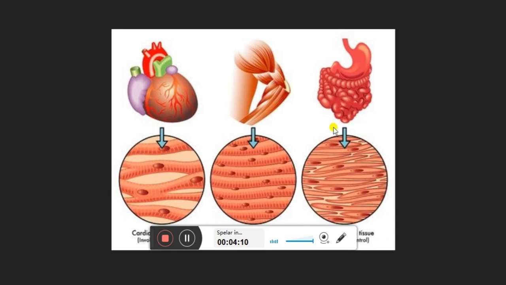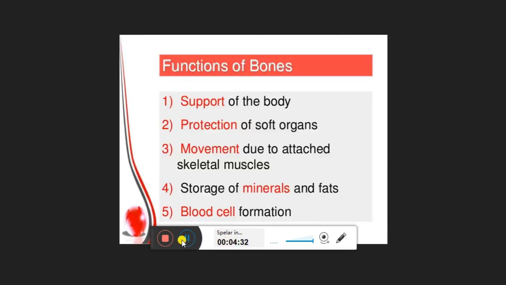They will move on their own, and as soon as you take any bite and the food goes inside, they will start working. Sometimes they work faster and sometimes slower. They are found in the stomach, intestine and the blood vessels. In higher classes you will study more about these three muscles.